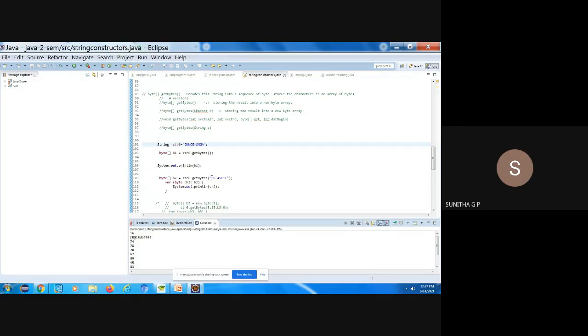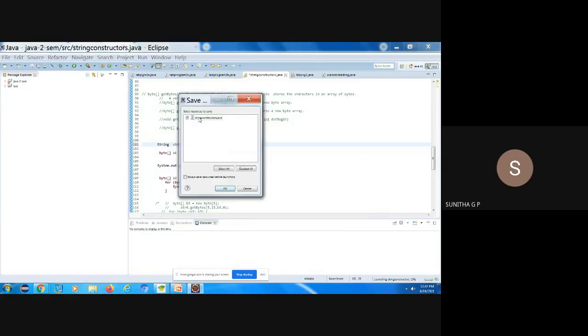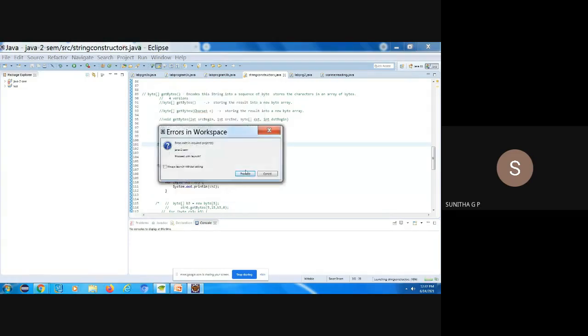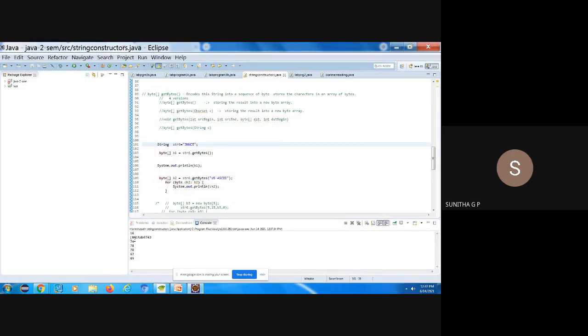Whereas when I have sent that US ASCII is to be used, the characters of string str are stored in the byte array B2 with the ASCII values, and using a for loop for each byte I have printed. We know that a byte can be converted into a character, right? A single value gets converted. That is what we are getting here. Only take JNNC, only 5 values will be there. Here still we are getting the same length, but here it is coming correctly.